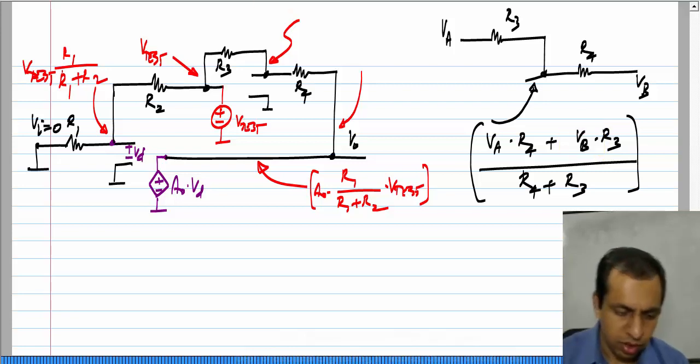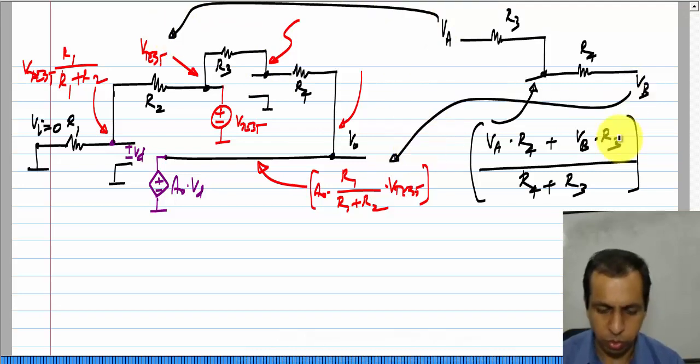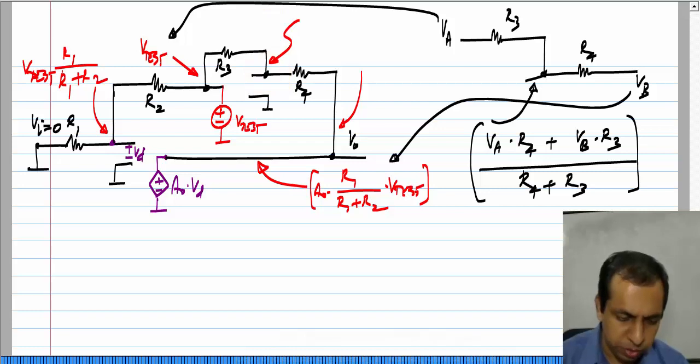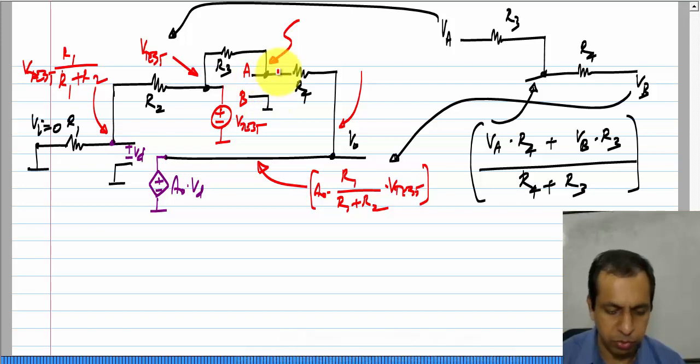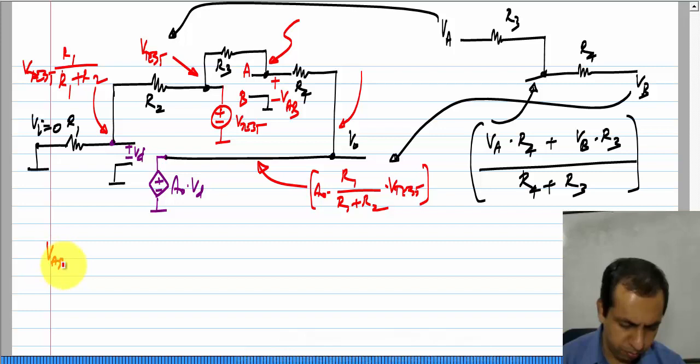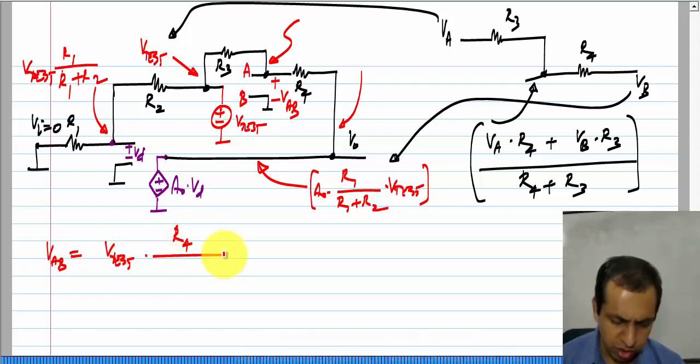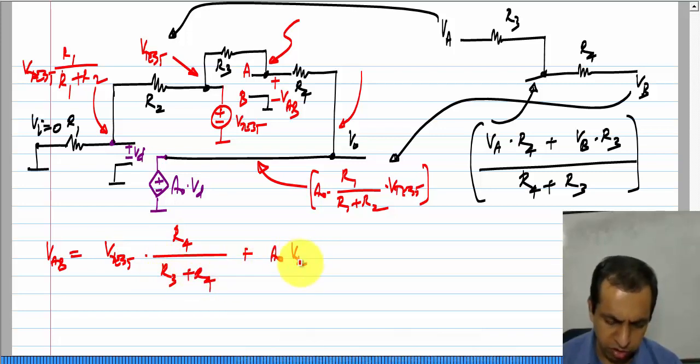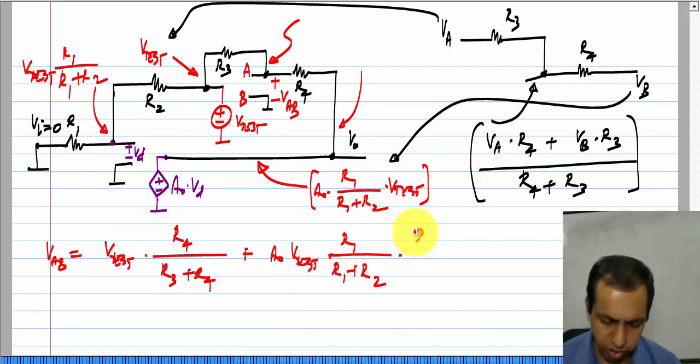Okay. So, now what is the voltage here? In my case, VA is this V test, VB is that whole thing. So, the voltage at this point, let me label these A and B, these are the inputs of the op amp OPA2. So, VAB would be V test times R4 by R3 plus R4 plus A naught V test R1 by R1 plus R2 times R3